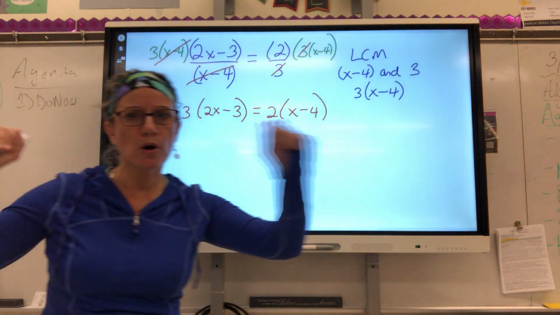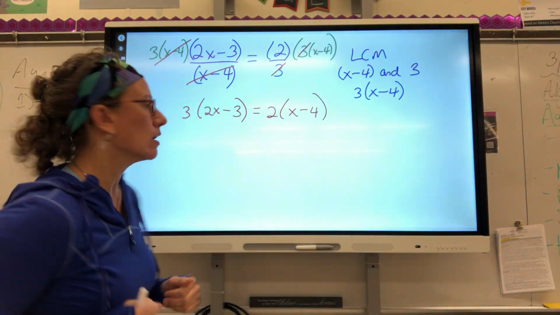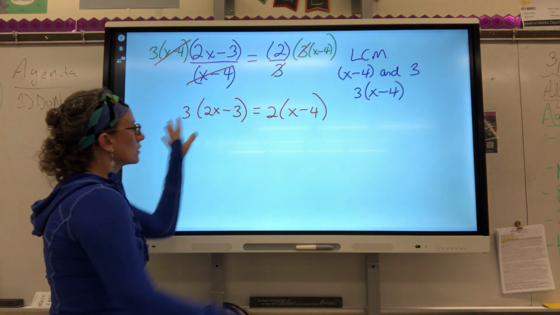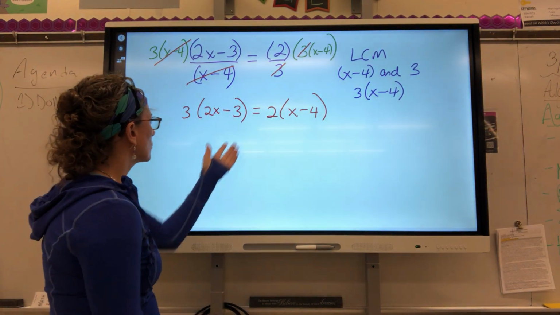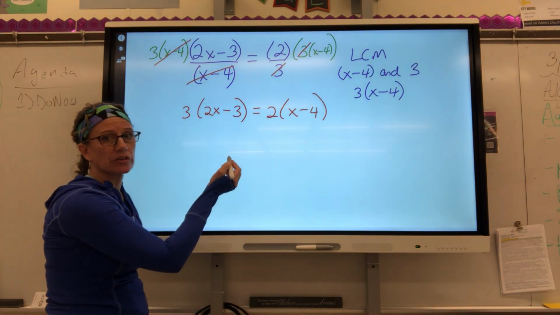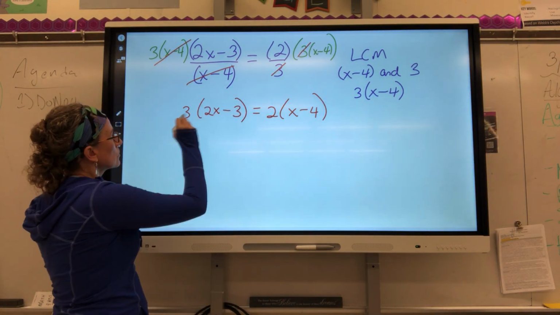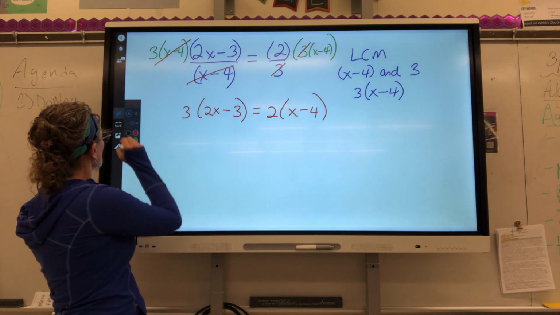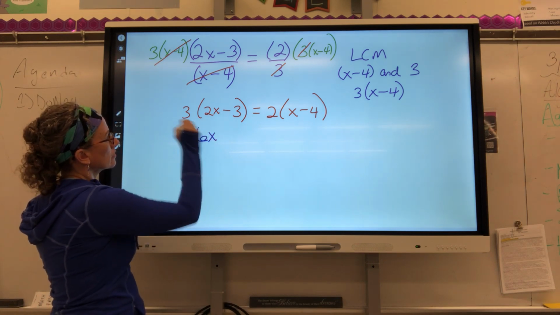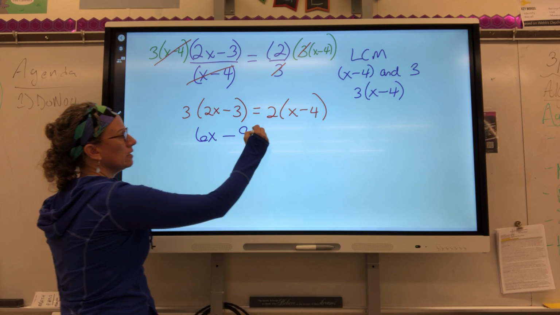Now, presto, no denominators. This is now an easy equation to solve, something that you're used to seeing without fractions in the way. So the 3 gets distributed in, so 3 times 2x gives me 6x, minus 3 times 3, which is 9,